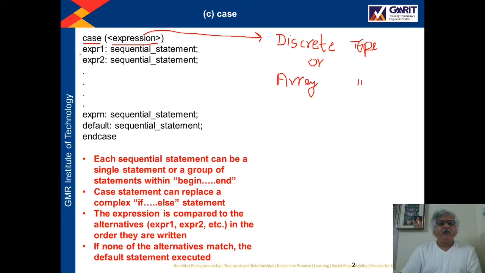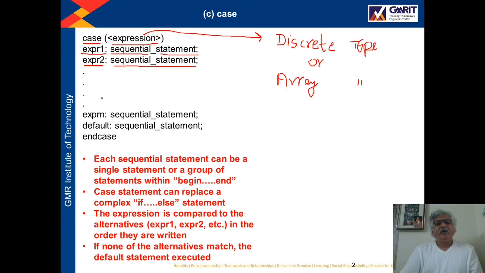Now depending upon that value, if the value belongs to expression 1, then this set of sequential statements will be executed. Otherwise, if the value of the expression is expression 2, then some other set of sequential statements will be executed.